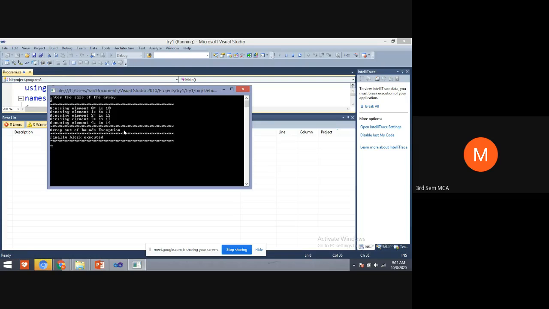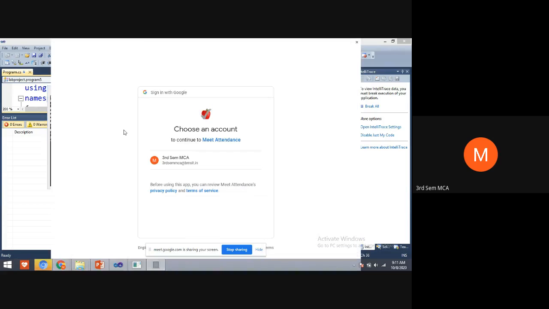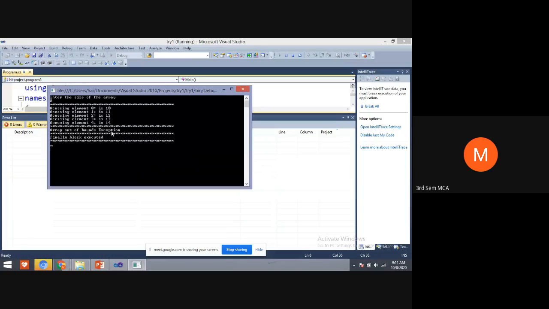Why? In the previous input, when I gave the array size 4, was it displaying this array out of bound exception message? Respond. Was this message displayed? Yes, Sunil. At that time it was not displaying the error message, but now I have given the array size 8, so now it is displaying it.